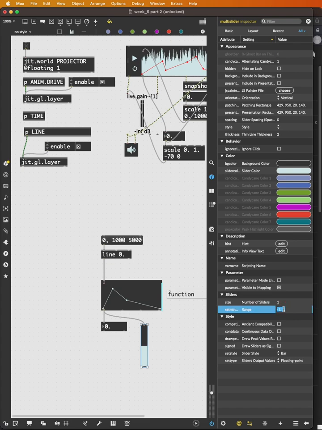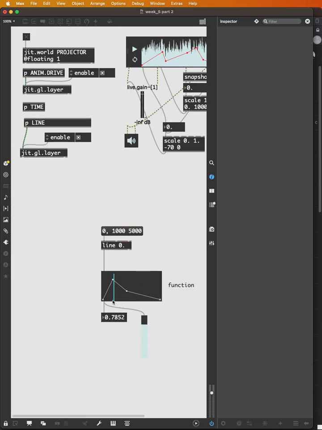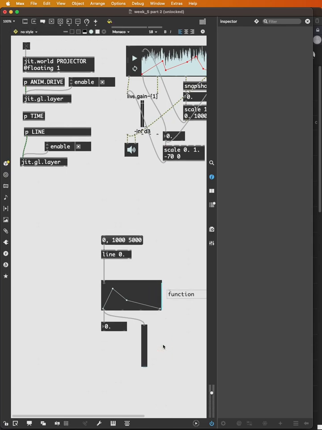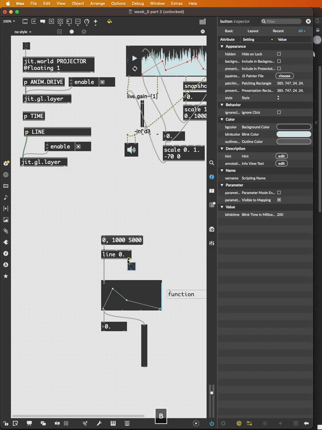Change to bar, range 0 to 1. So we have two multisliders, one showing us the horizontal progress through this shape. We call this an envelope, through this envelope, and the vertical slider showing us the current level. So with those two insights, I'm just going to introduce one more thing about the line object that I didn't show you before, which is the right outlet. The right outlet sends a bang when it's done,